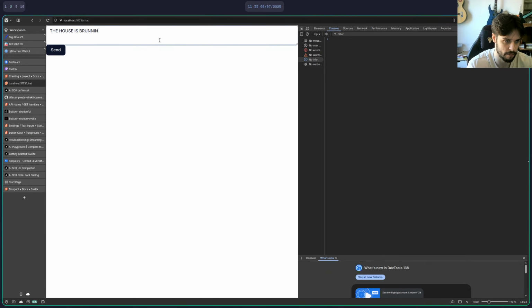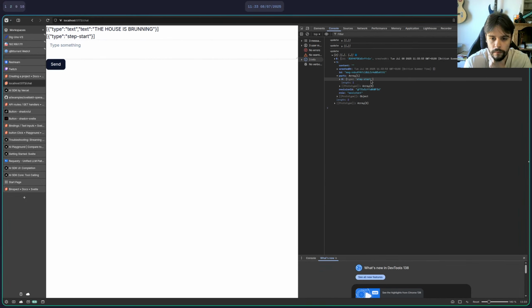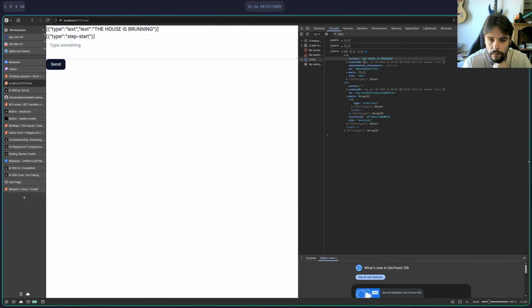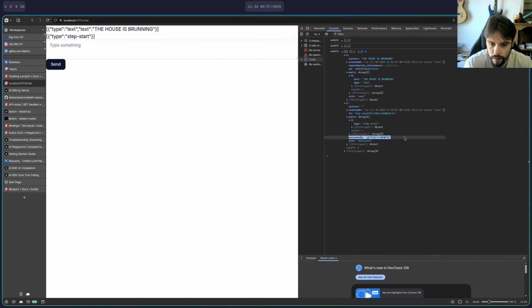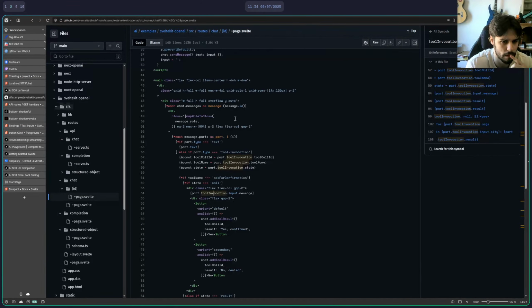House is burning. That's interesting. It still doesn't return the tool calls. Like, does it not want to, or?